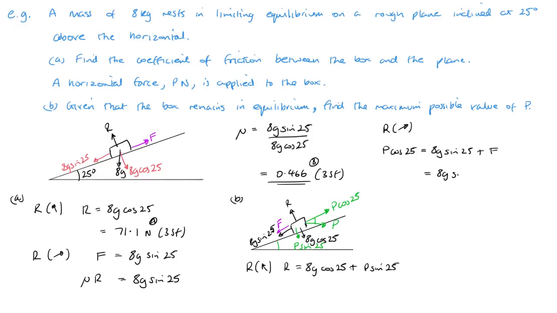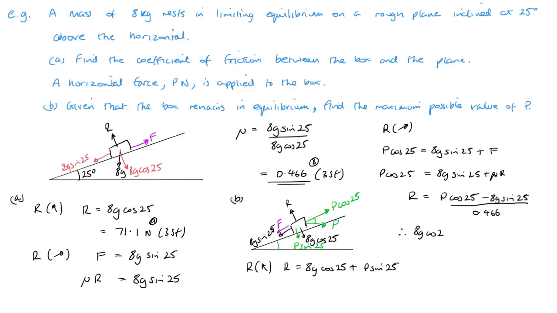So 8g sine 25 plus mu R. So what I want is to get R equals for this one. So that'll be P cos 25 minus 8g sine 25 all over mu, which is 0.466. So now I've got these two that are both in terms of R, I can therefore say that